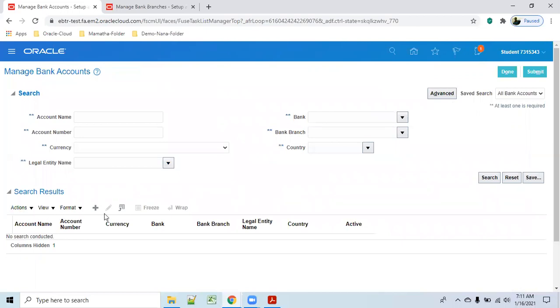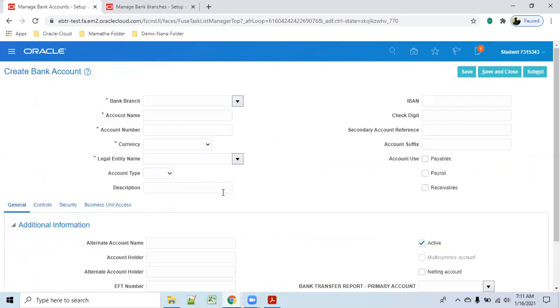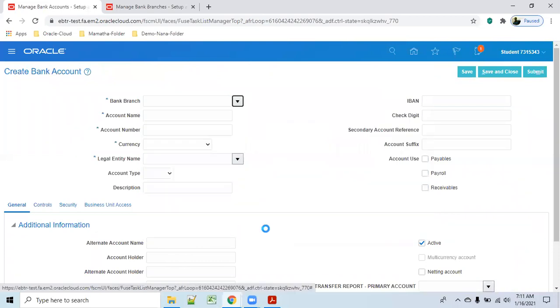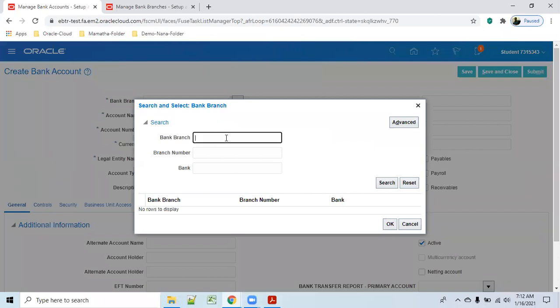Okay. Now you are creating the account. Account of whom? The organization account. What is a bank branch? Where is my bank branch? Come on, are you still sleeping?